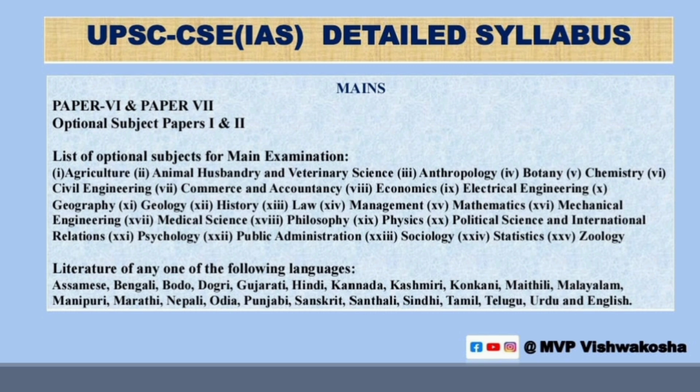And in the interview, you know, right, that is 275 marks, that tests mental alertness and all, critical thinking power, that all covers this prelims, mains, what you are studying, no? All those things and current affairs, all those things will come. Okay, so the total of all the mains papers and interview 275, total 2025 marks, right? So that language you have to choose, which language is very effective in your career, right? So that language you have to choose.